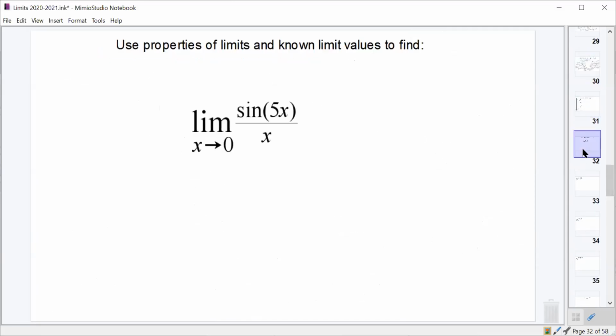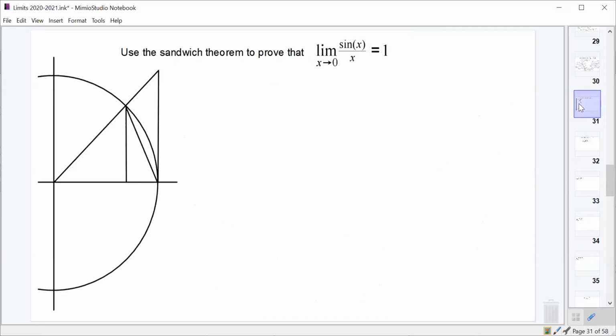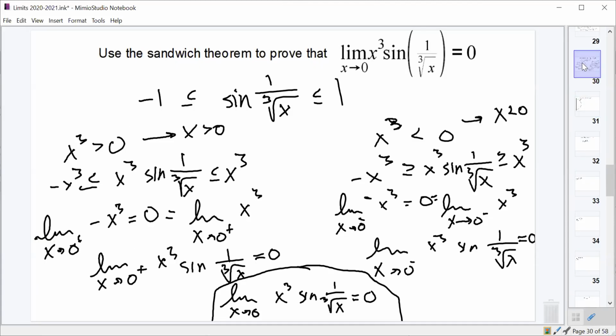Let's see. Trying to decide here. I think what we should do is we should stop here. We should deal with this one tomorrow. And if you have any questions on anything from your assignment or anything that we've done so far, I think you should ask. And then we should be able to get through the rest of this in Thursday and Friday and basically be done with limits this first week of school. First real week of school. So I think we're going to stop right there. Does anybody have any questions on